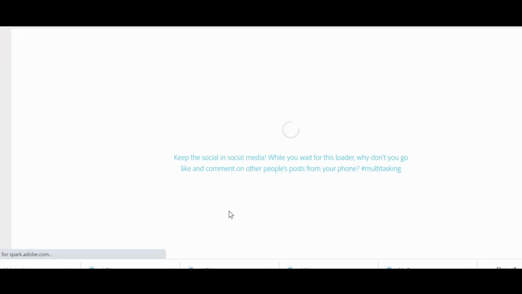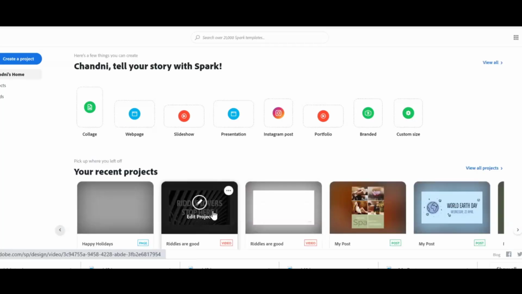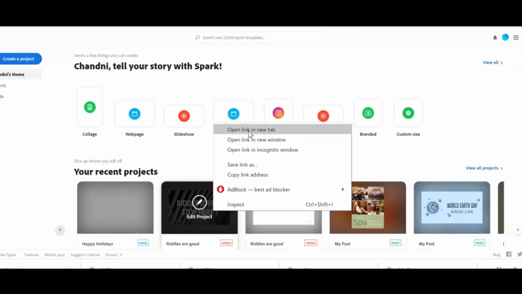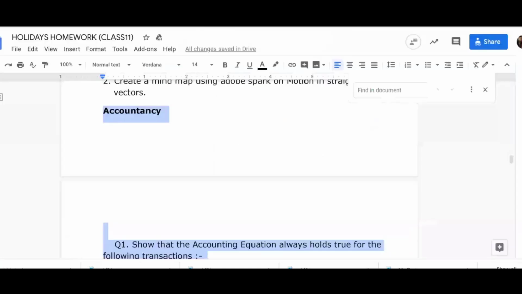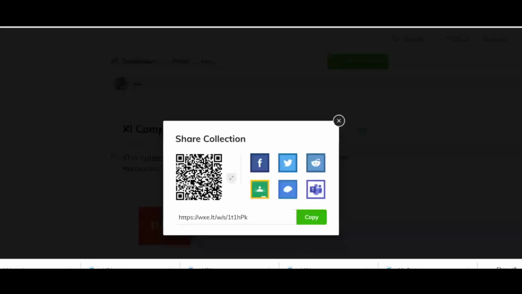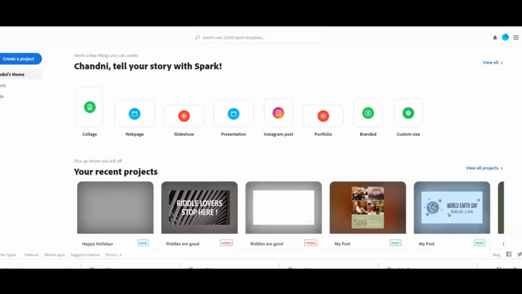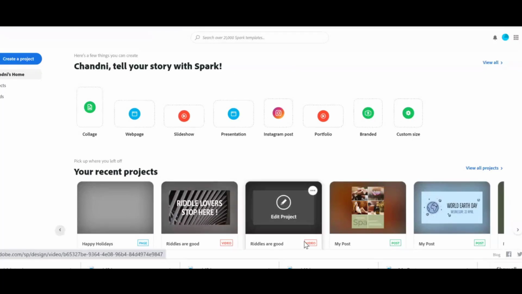one second, I'll click and I'll open new window so that I can move to my different windows. Open in new tab. And I am opening here my video.